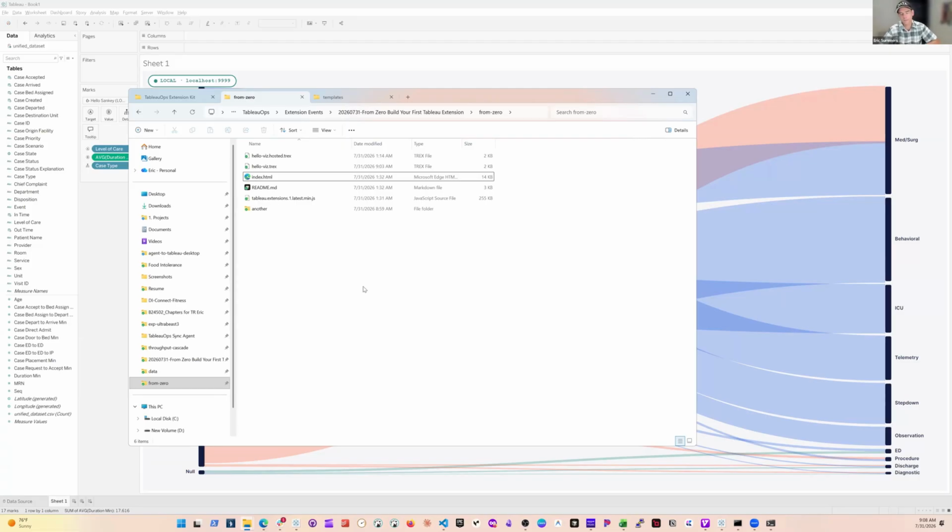Or obviously we have the Tableau Exchange, where anything there, those are all basically this setup running on the files that have been uploaded there, just hosted files that are running on a server somewhere, so that those extensions work through either in desktop or in cloud. Let me know if you have any questions. I'm going to show an example, but